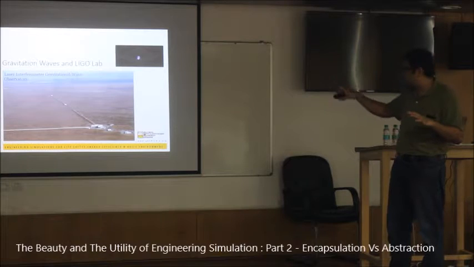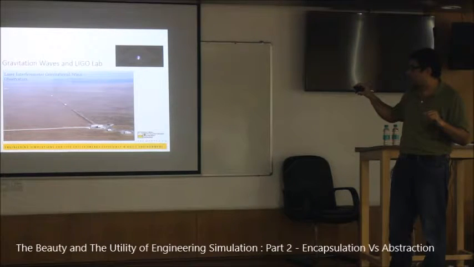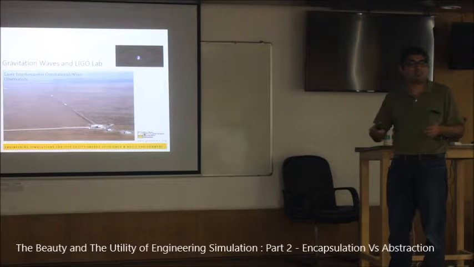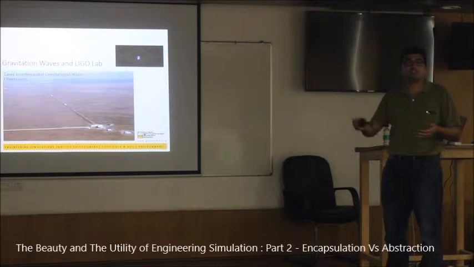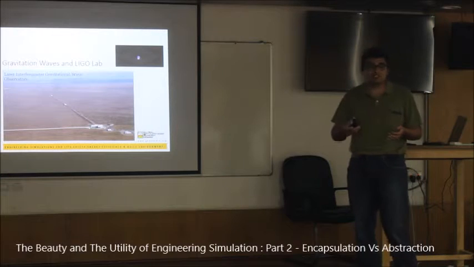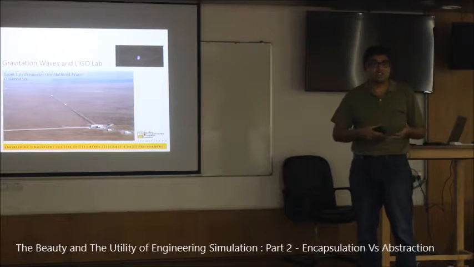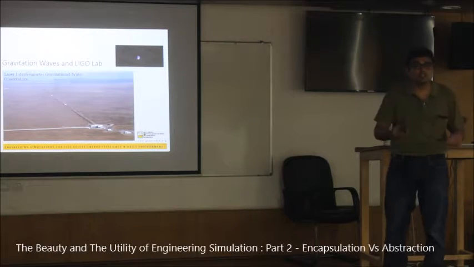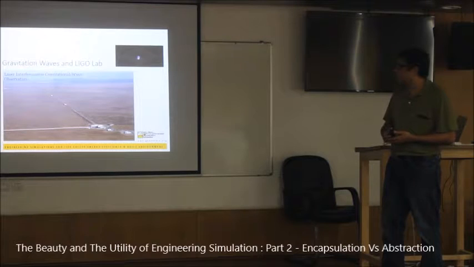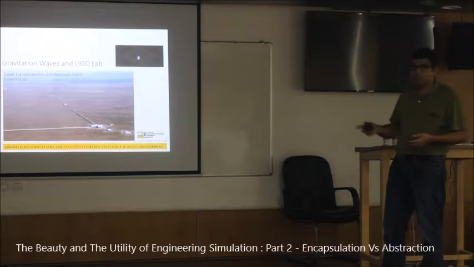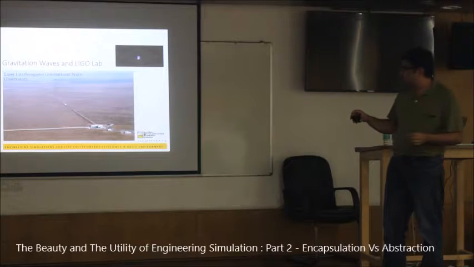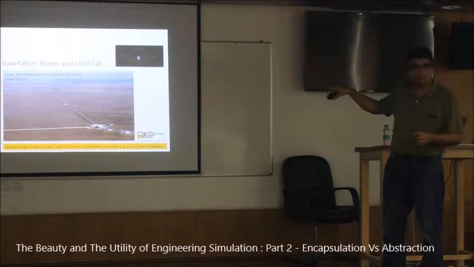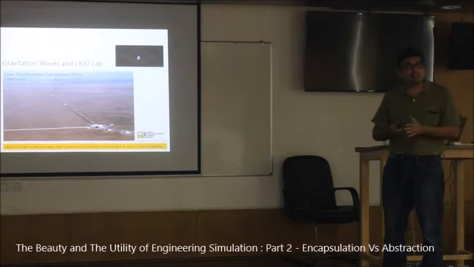So this is something which requires an abstraction of things like what exactly is the gravitational wave and how it travels, and whether a gravitational wave is just like a radio wave or is something else. This is something where people like you should be inquisitive of how it works, how it has been caught. I would not go into the detail of this, but I'll just share that this entire LIGO lab has reflectors at each end, and there's a source laser, and then you just throw a laser,